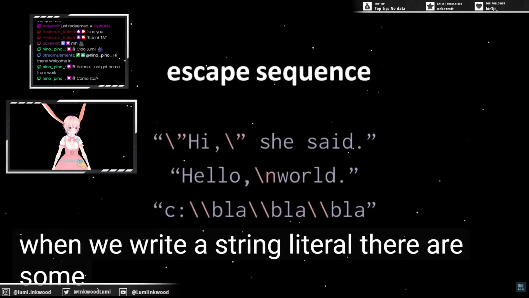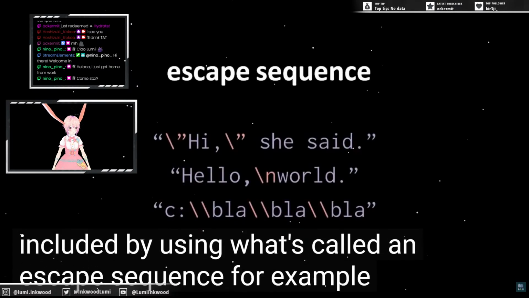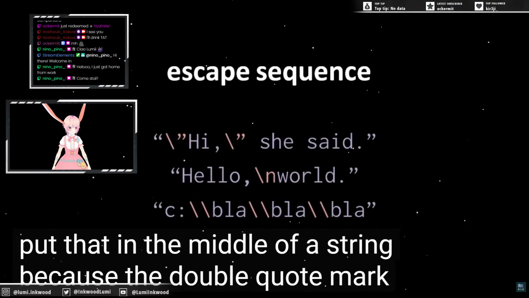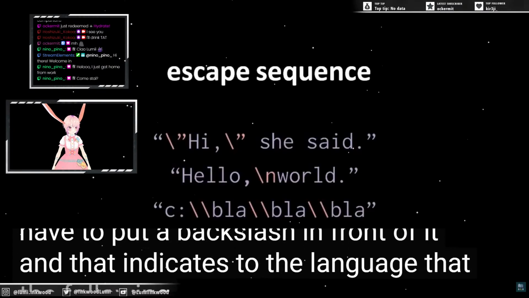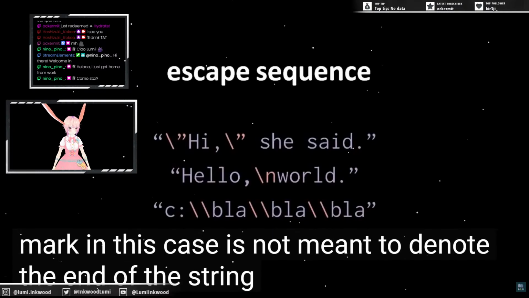Now, when we write a string literal, there are some characters which can only be included by using what's called an escape sequence. For example, the double quote mark character, you can't simply put that in the middle of a string because the double quote mark character denotes the end of the string. Consequently, to include a double quote mark, we have to escape it, meaning we have to put a backslash in front of it. And that indicates to the language that the following character, the double quote mark in this case, is not meant to denote the end of the string, it's just meant to denote a double quote mark character